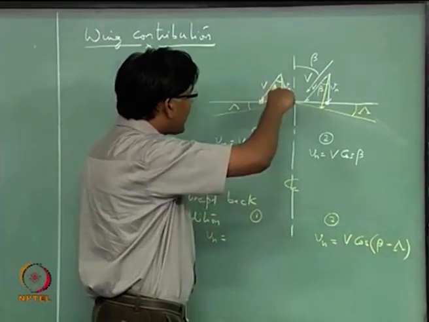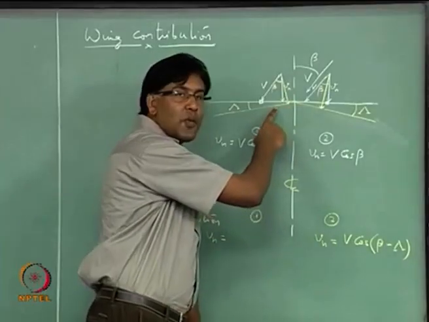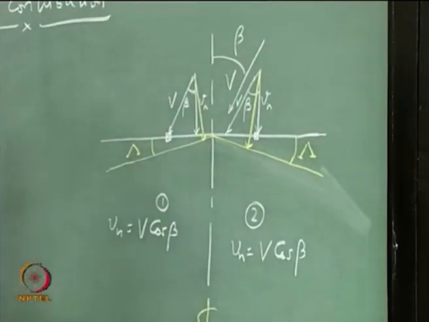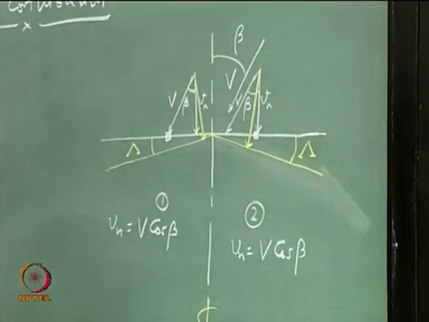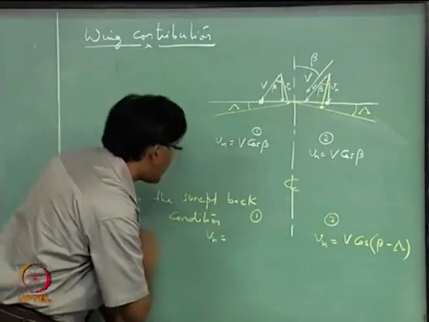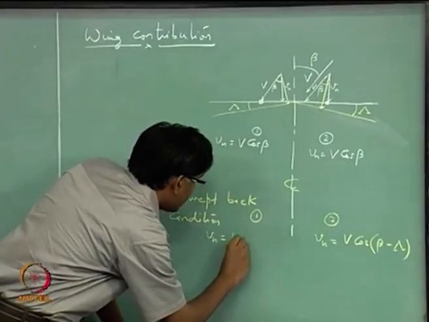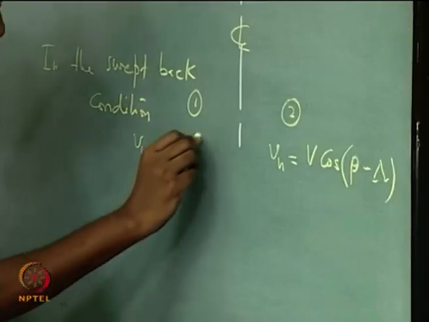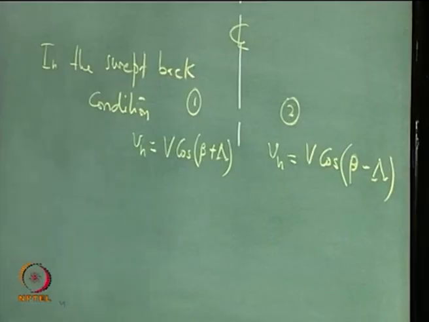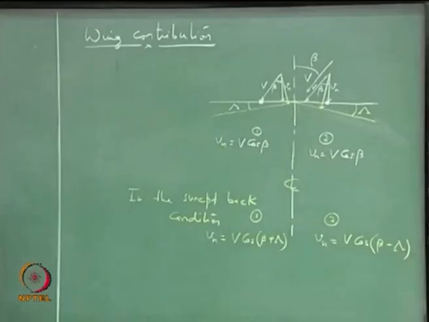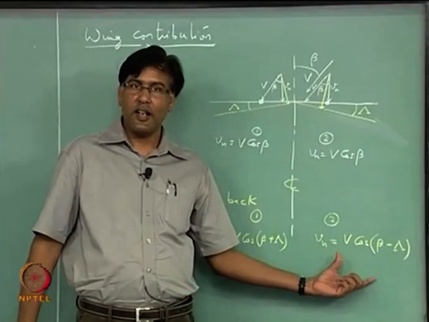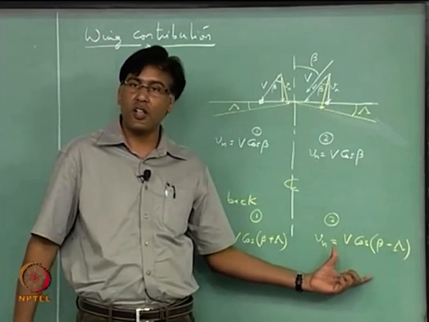You can actually, if you want, move this velocity vector. All I am interested in is finding out the normal component of velocity at two sections which are equidistant from the center line, right. So, Vn in this case for this part of the wing is this. Which one is higher? This one is higher, right. What does that mean? The lift on this wing